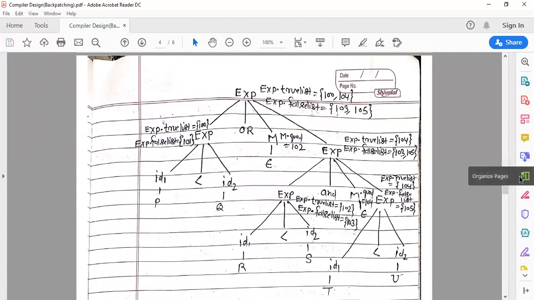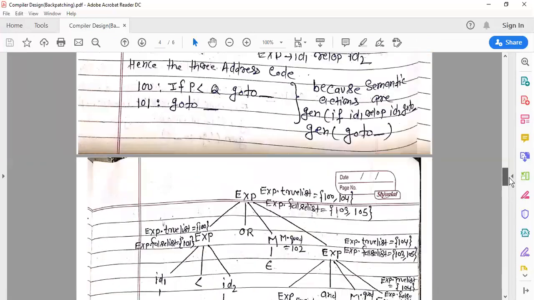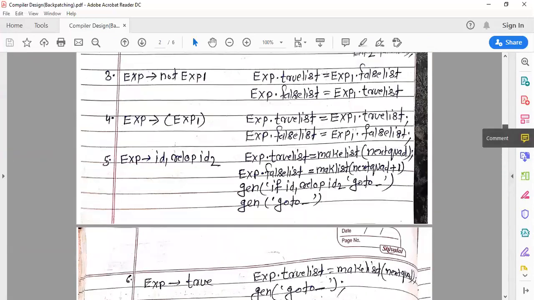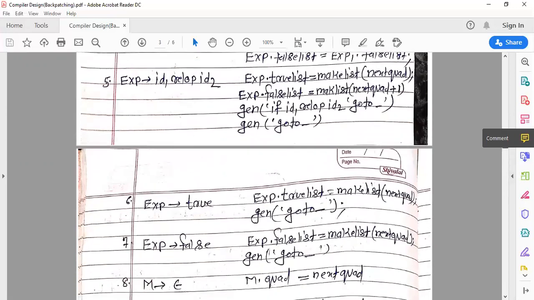Now you can see exp.truelist. Here makelist is a function which works as making the list for the true list, and here makelist is also a function.